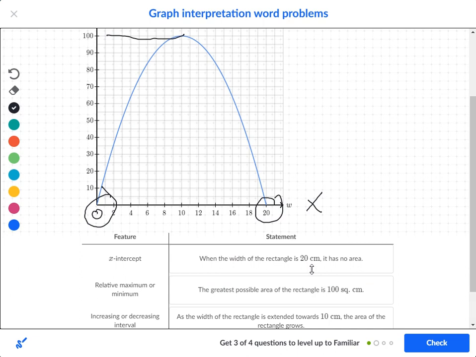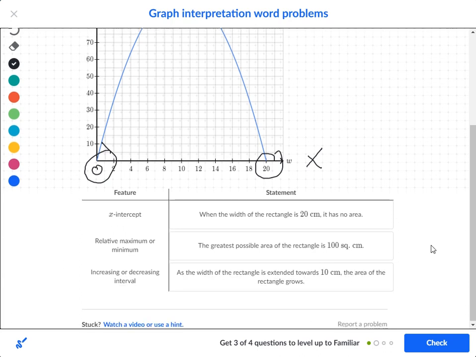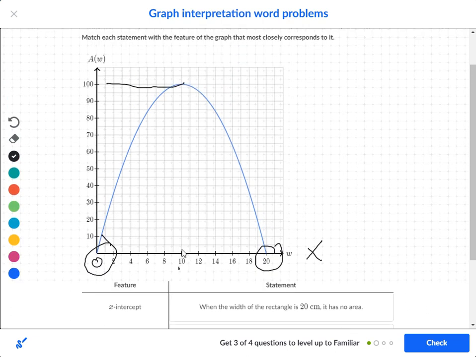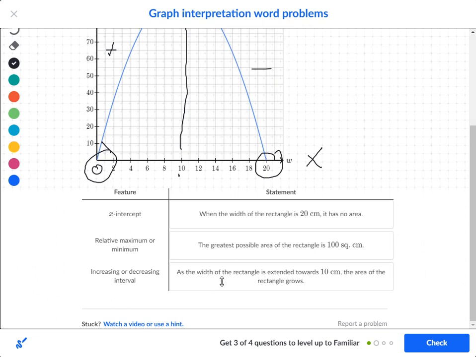Now I want the relative maximum or minimum. The highest point we saw from the graph was at 100. So the greatest possible area of the rectangle is 100. So that is the height. Now the next part is the increase or decrease. It says the width of the rectangle extends towards 10 centimeters as the area grows. So what we do is we look here, we use this 10 here, we follow it all the way up, and you see there is an increase here. So it's going up, up, up, kind of like a roller coaster. Then you reach the highest point, then it goes down. So this right here